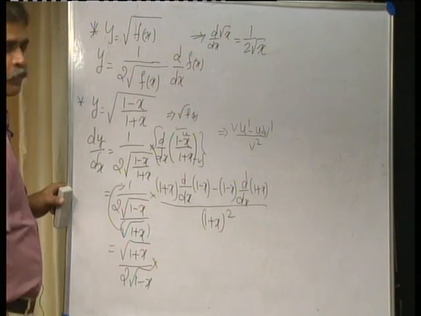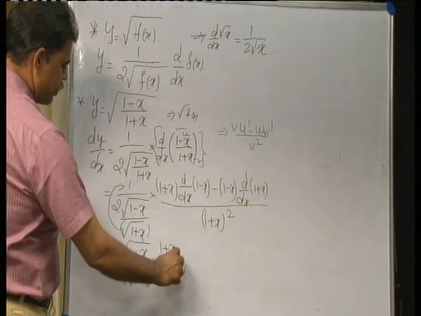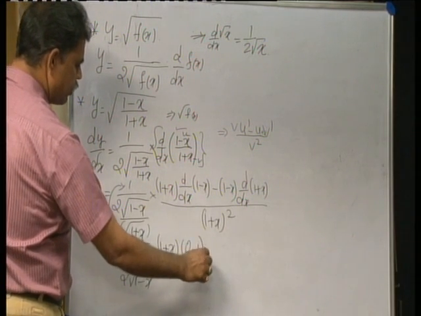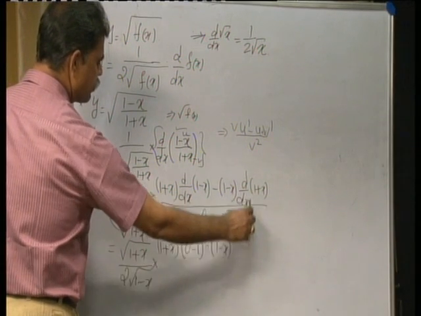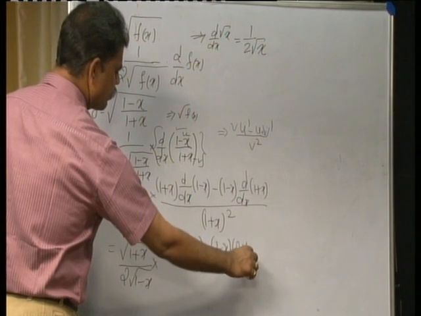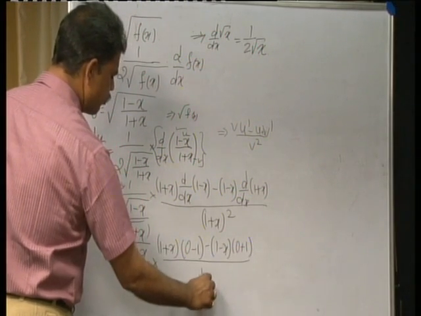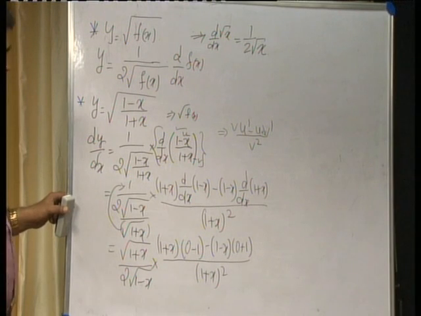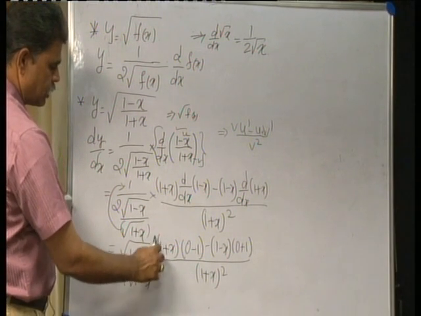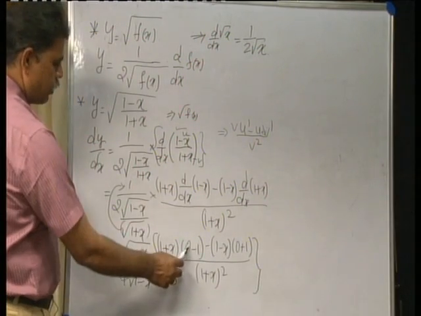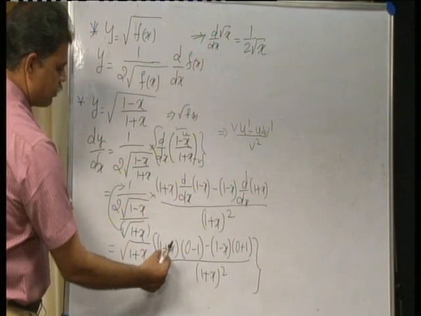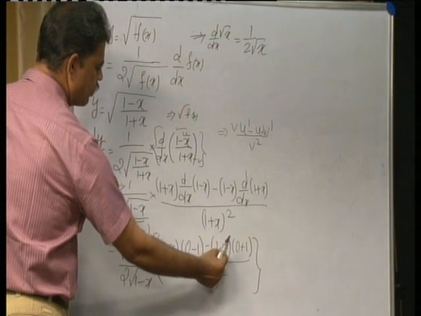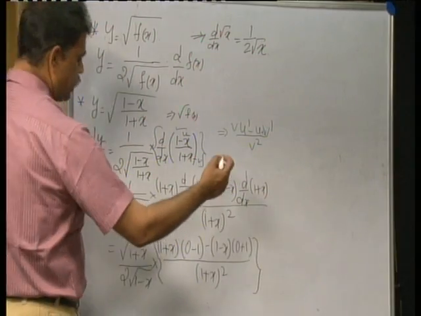x into, you keep 1 plus x as it is, differentiation of 1 is 0 minus differentiation of x is 1, minus 1 minus x into differentiation of 1 is 0 plus differentiation of x is 1, whole divided by 1 plus x whole square. After that, if you need, you can simplify it. How? By multiplying this. So, this will reduce to, see, 0 minus 1, if you multiply with minus 1, minus 1 into 1 is minus 1 minus x. If it is multiplied with 1, minus 1 minus of minus plus x, that is